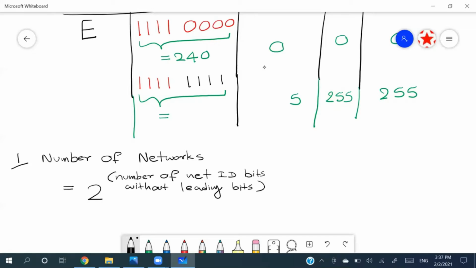Right, so number of networks is equal to 2 to the power of the number of net ID bits without leading bits, right? So if you are given